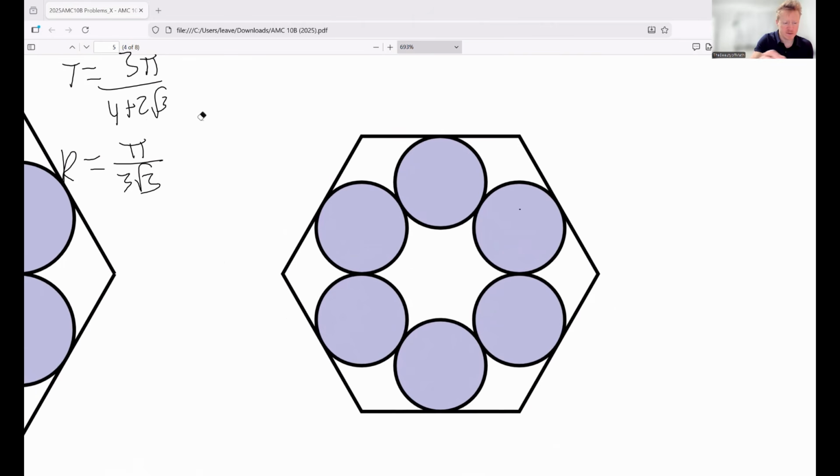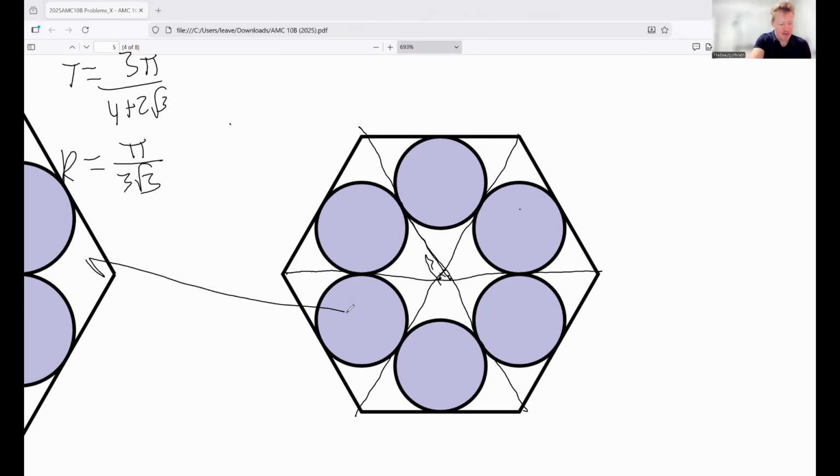And now, what I'm thinking is that I'll use a very similar tactic. I'm going to come right through here and split this up, and I can see that essentially all of these are going to be, I kind of missed on that one, but they're all going to be just like that shape. We're going to have a circle in the inscribed circle of an equilateral triangle. We're going to have 6 of them, so this one is actually going to be equal to H as well. So now if we zoom back out,